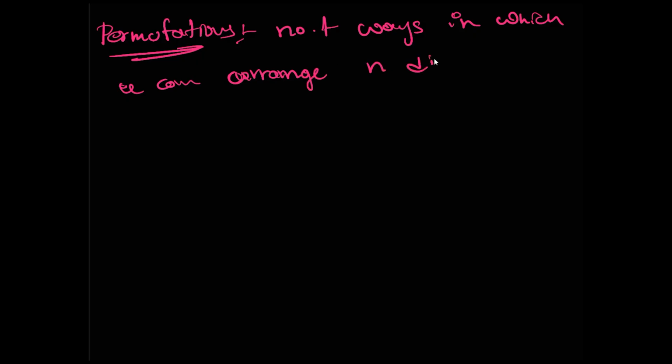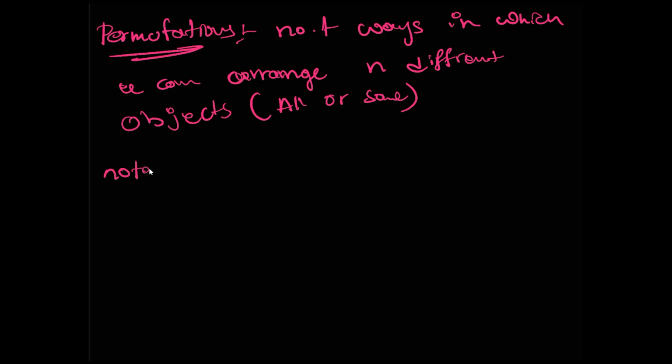A permutation can be said as the number of ways in which you can arrange n different objects, taking all or some, is known as permutation, and we denote it as